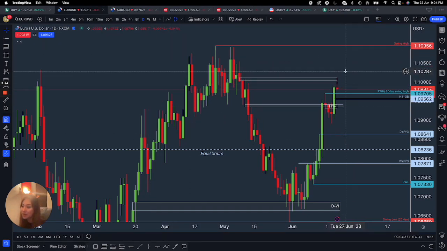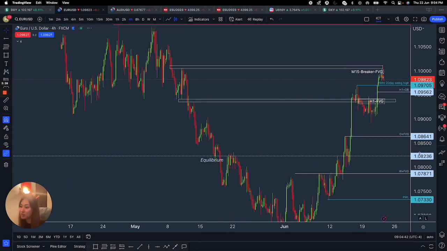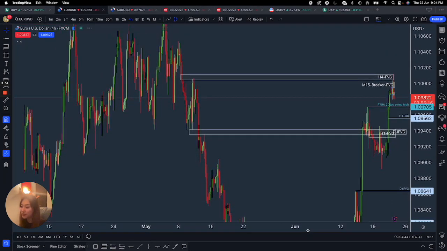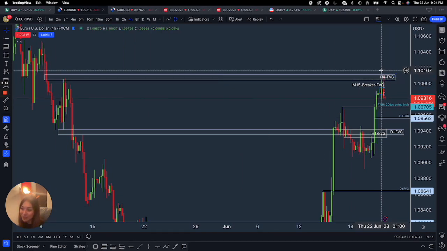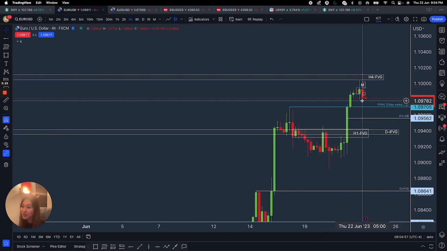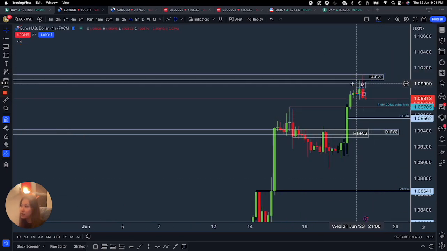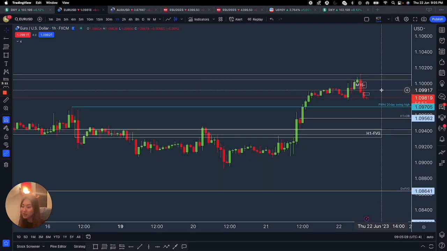And now going into the 4-hour time frame, we can see that Euro USD was actually reaching for something of its own, which is the fair value gap here on H4. And you can see that it has perfectly tapped in and out of this entire H4 fair value gap. So this entire thing is a 4-hour candle. I hope you guys watched the previous video about how to read 4-hour candles, and it closed below the H4. So now going into H1,